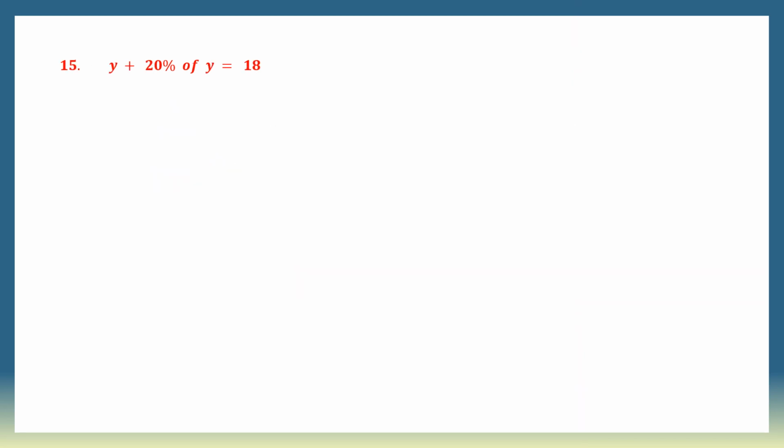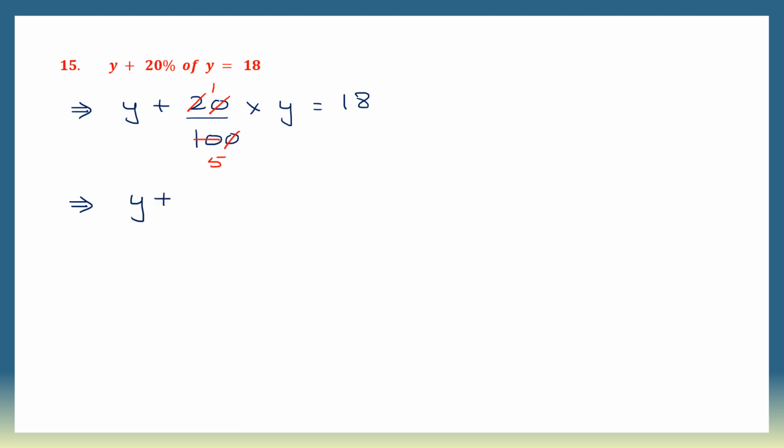Question 15 is also similar. So here let's write down what we have. y plus 20% means 20 by 100. Of means into y equals 18. Okay, let's see if we can do something on the left hand side itself. So we can cancel the zeros. It's become 2 by 10. I can cancel 2 and 10 also by 2 itself. 2 ones are 2, 2 fives are 10. So here what do we have? So y we have written, we'll write it as it is,